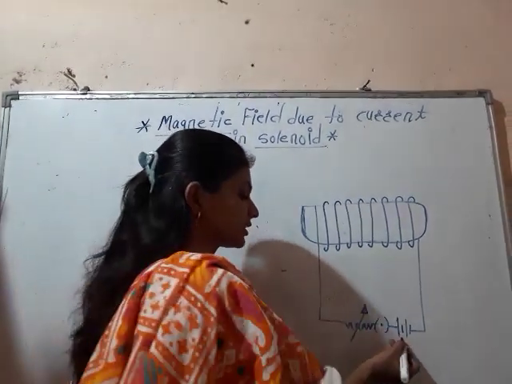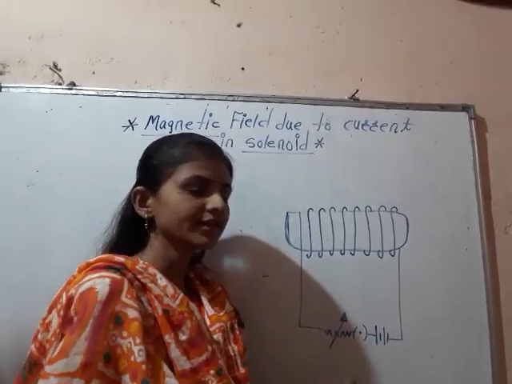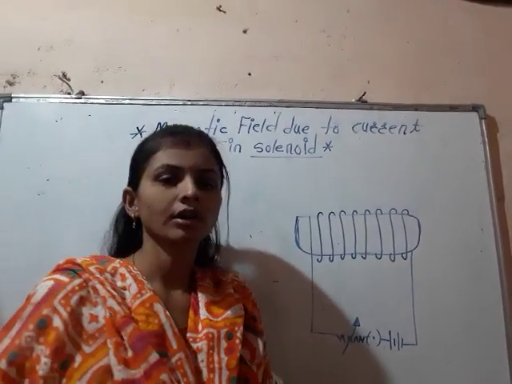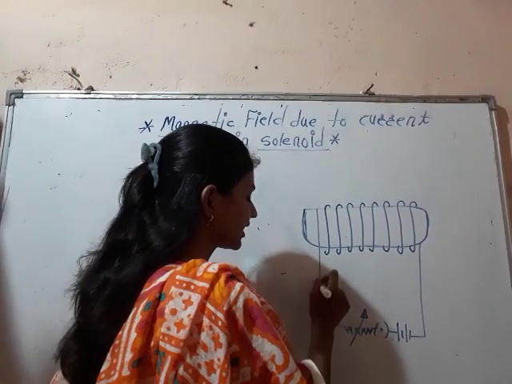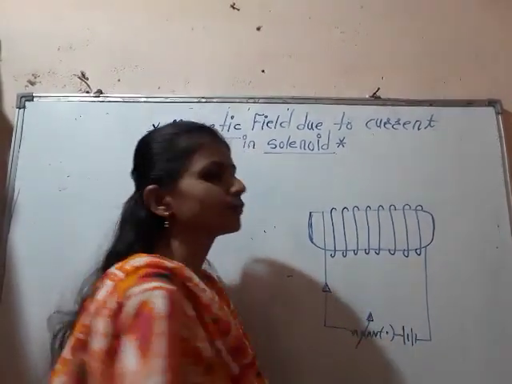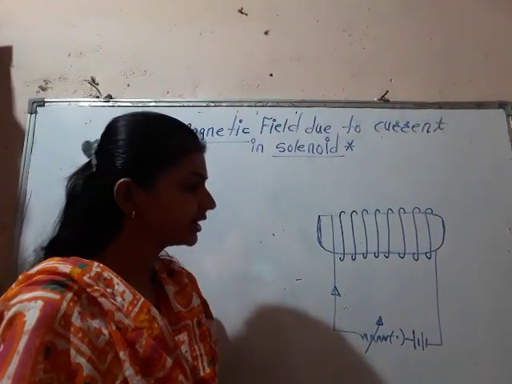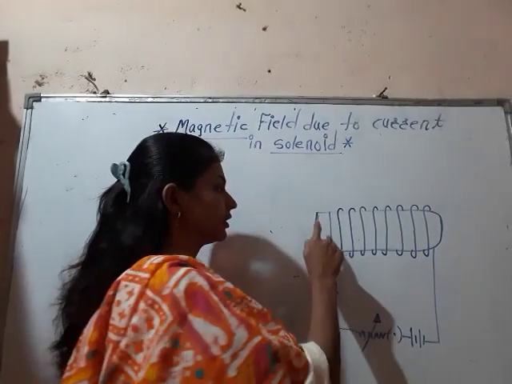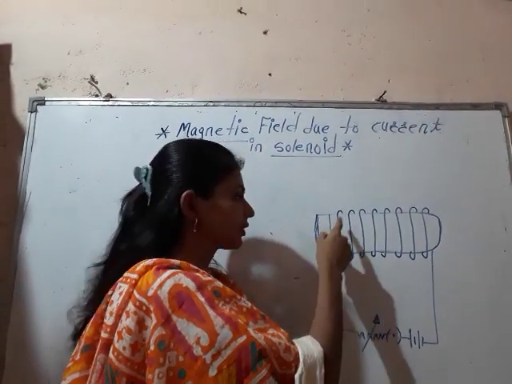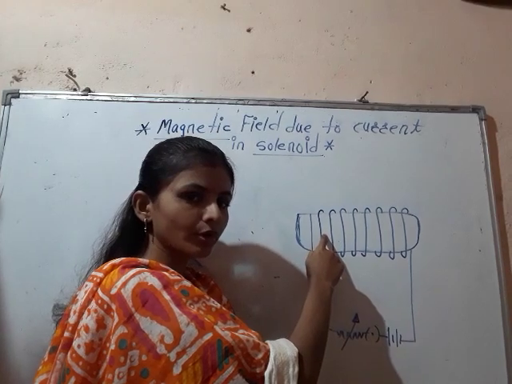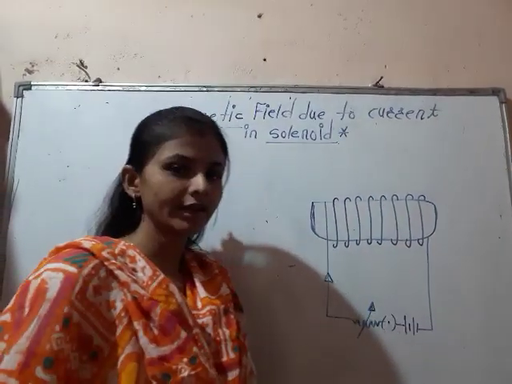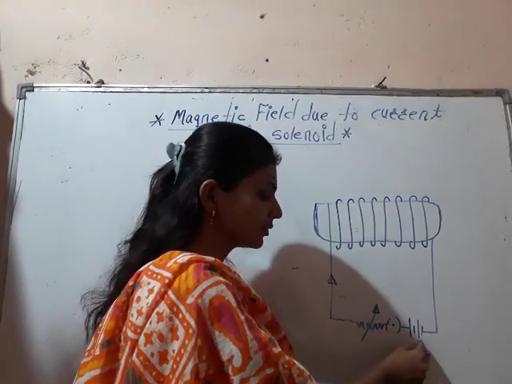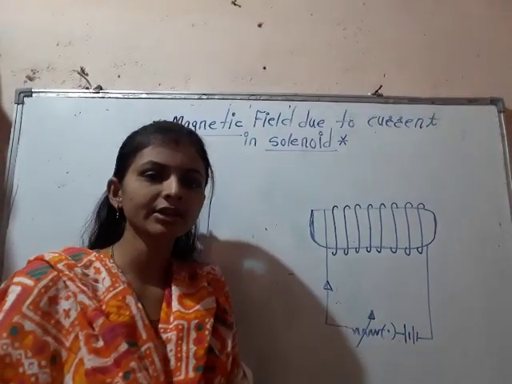By using this battery we can switch on the supply and start the current flowing through the circuit. So when we switch on the supply, what will happen? The current starts to flow in the circuit. Let's see the circuit again. Here the cylindrical body is there. These are the insulated copper coils around the cylindrical body, and this is known as the solenoid. Now the rheostat, switch and the battery complete the electrical circuit.